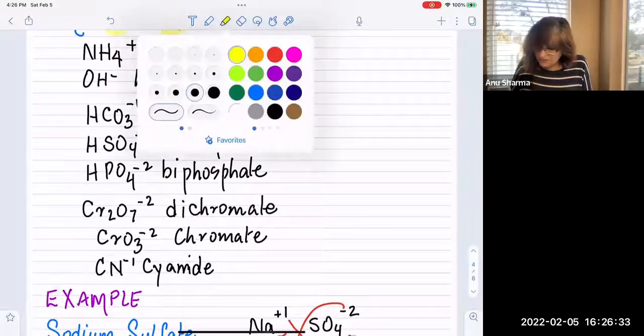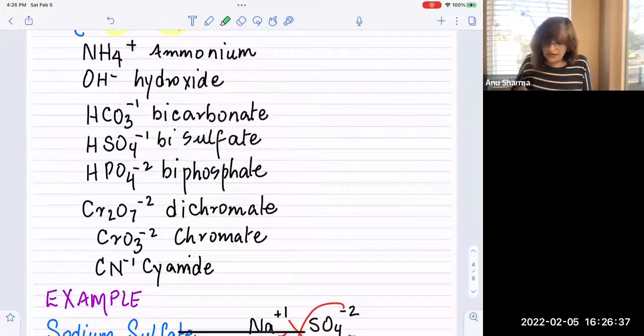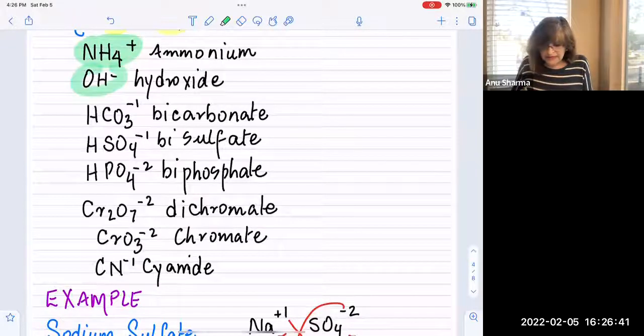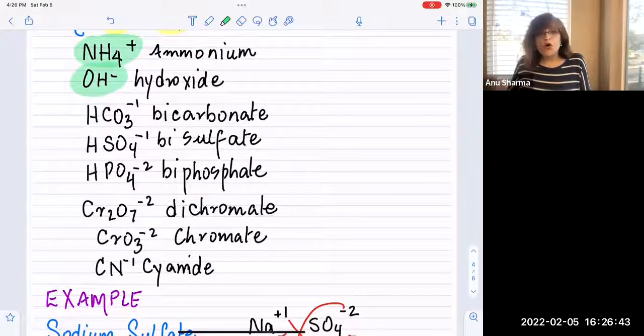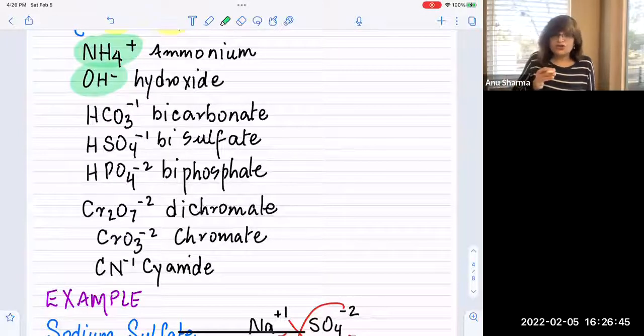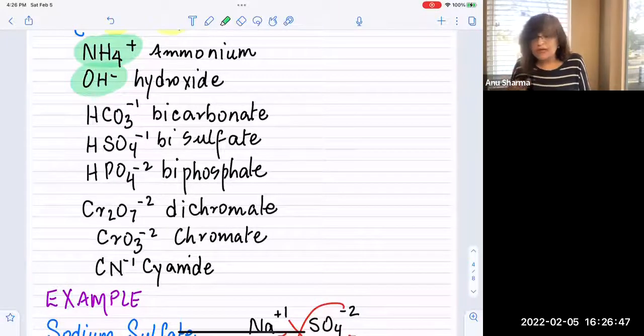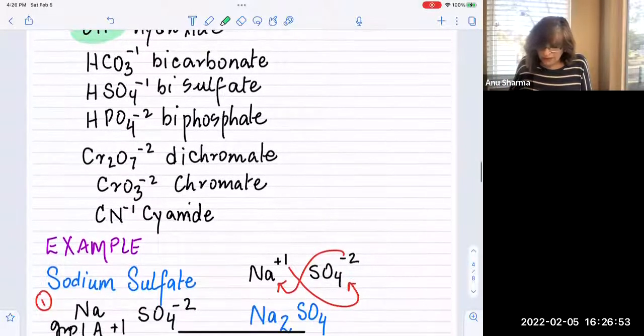Besides that, this is something you have to memorize now. We also have the ammonium, NH4+, and hydroxide. Now, the name hydroxide, although it says hydrogen should come first and oxygen next, some of the names came at different points in time. So hydroxide is OH minus. Then